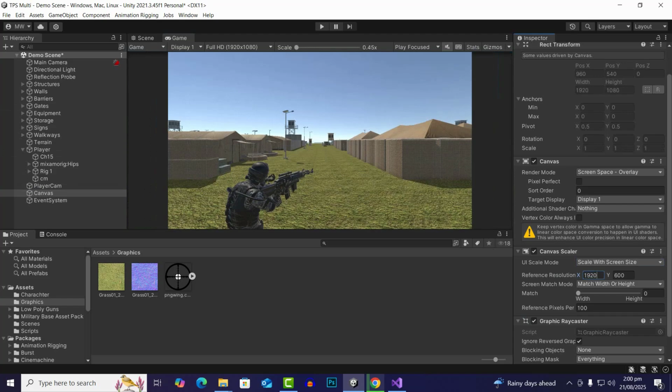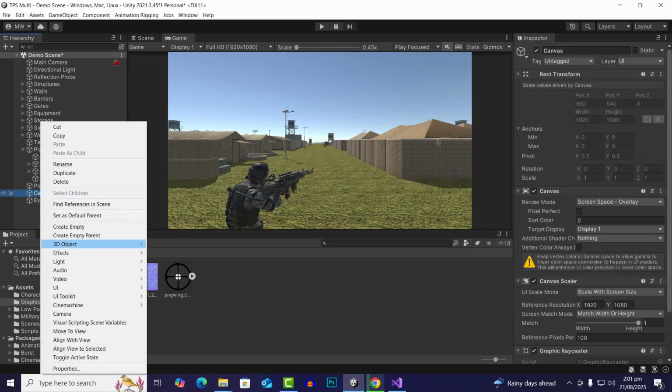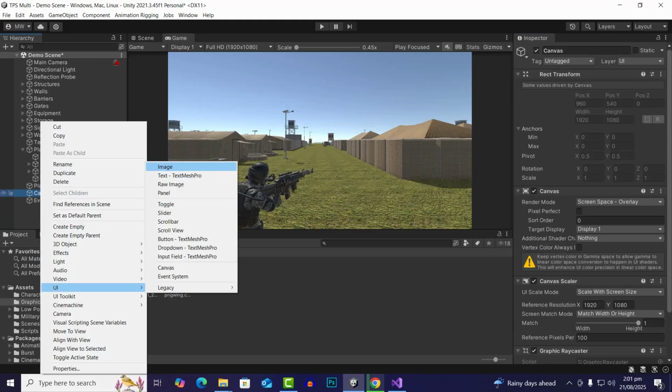And also for the canvas we will use scale with screen size, and we'll place 1920 and 1080. It is very important because if you do not use scale with screen size and you use constant pixel size, the size of the crosshair will be different for all platforms and different screen sizes. So now we'll go here, canvas UI, and we'll go for image,